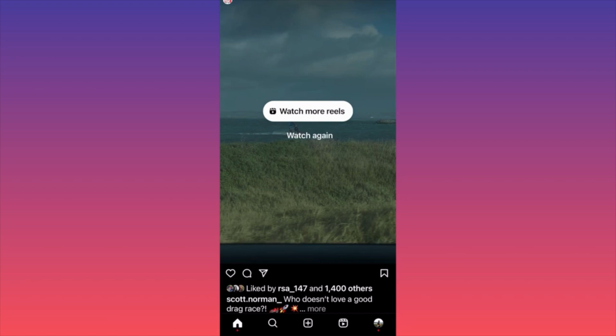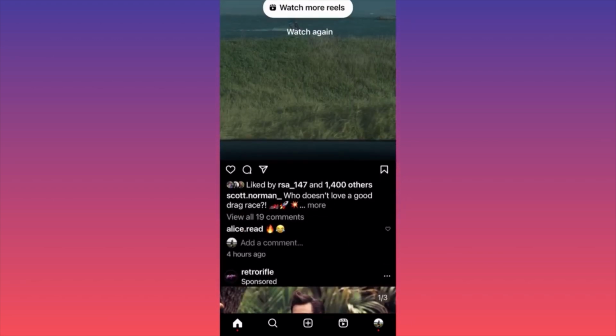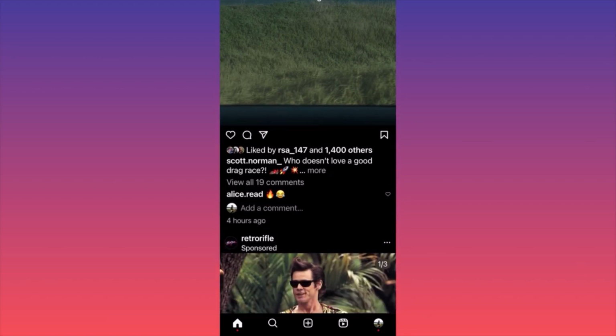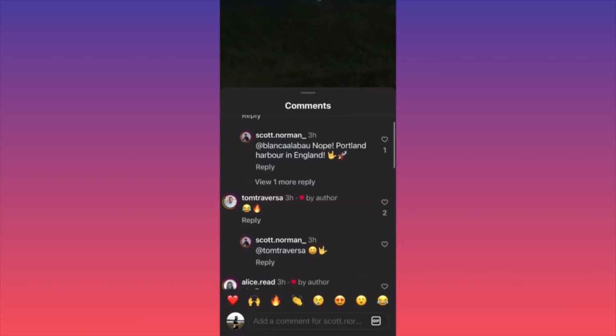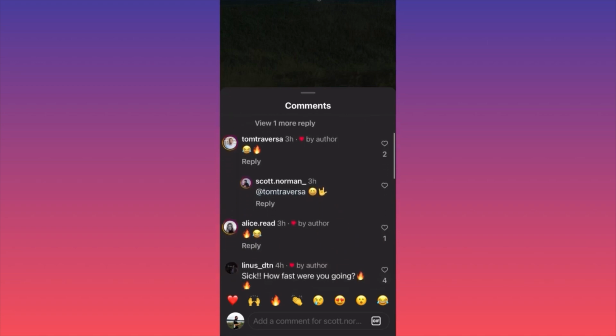So essentially, you want to scroll down to the comment section and you want to go over posts that have a lot of comments or a lot of engagement. So how are you going to do that? You're going to click on the comments, and here you can essentially start commenting similar comments as other people. But you want to add your own personal view, something that will challenge other person to reply to you.